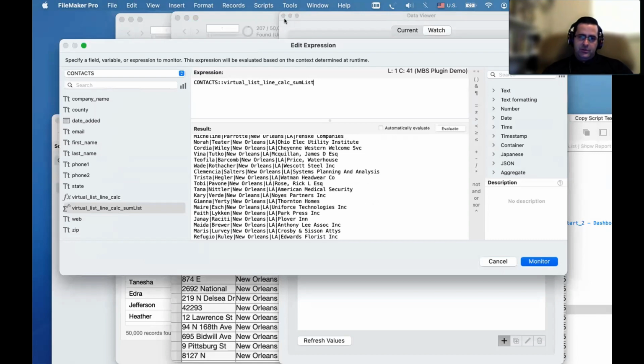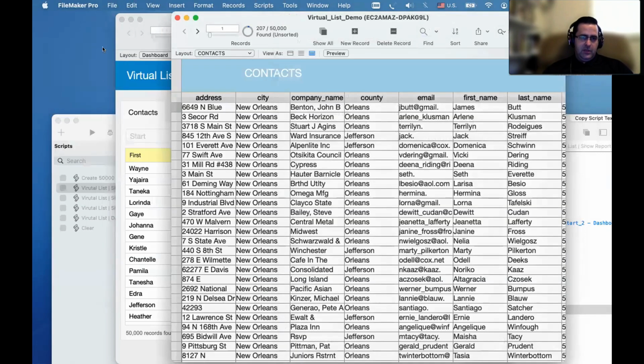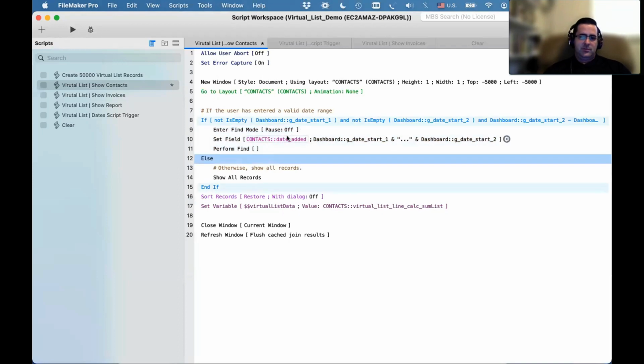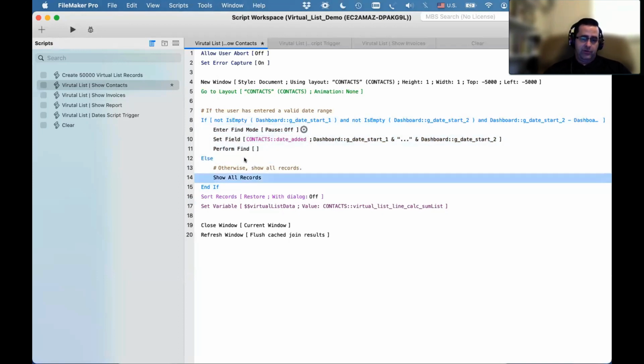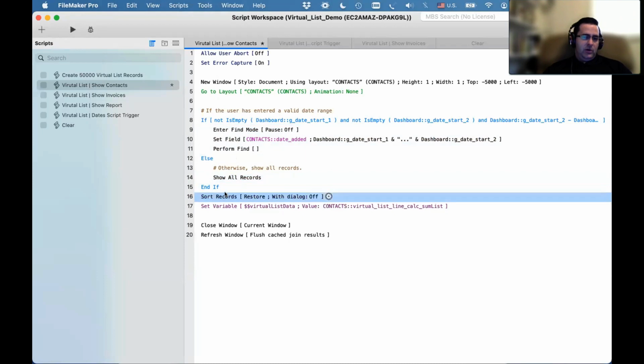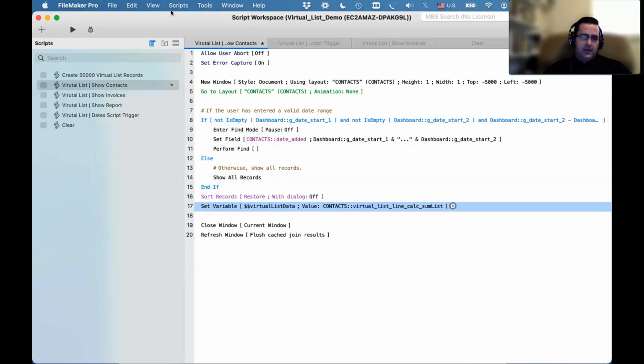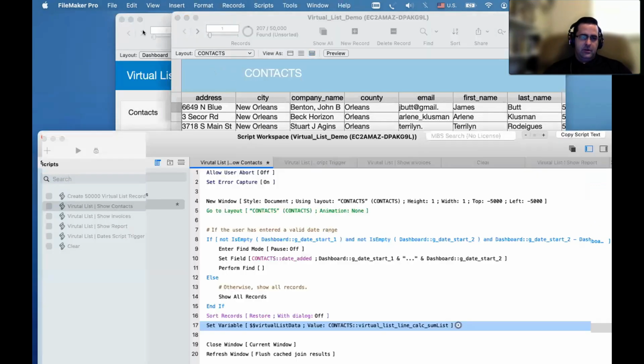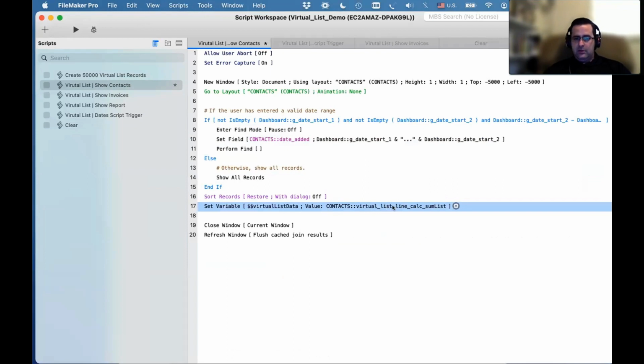So in my script, here's what I'm doing. I'm saying find what I want to find on, and that is the date range. Otherwise, if I didn't specify a date range, then show me everything. And then I want to sort by a certain sort. And once I have the found set that I want here, then give me this list. And I know that this list will be a stacked list of